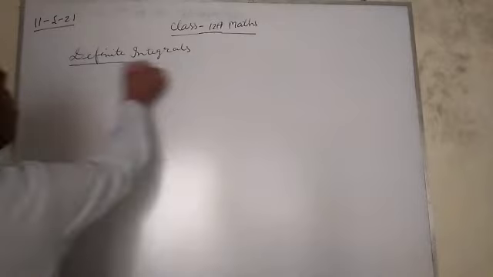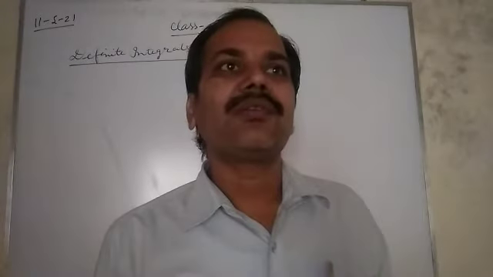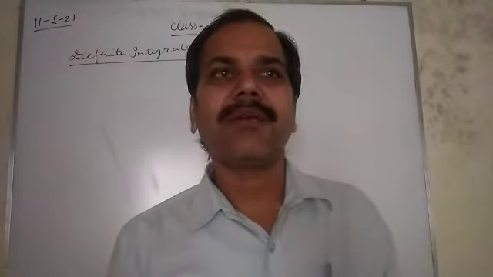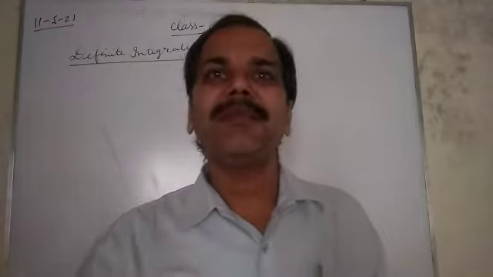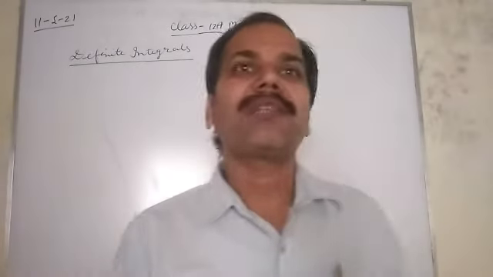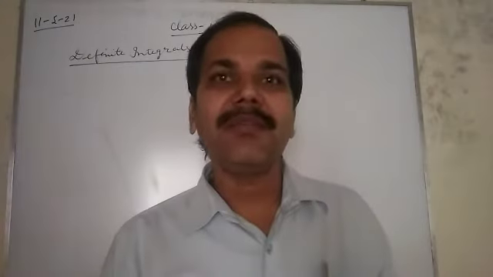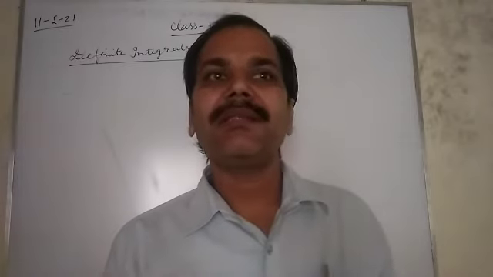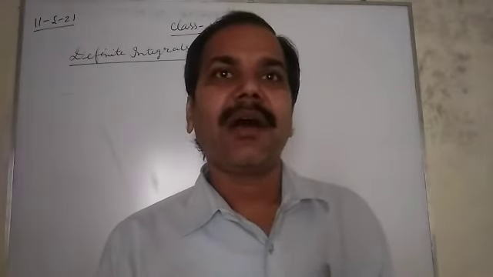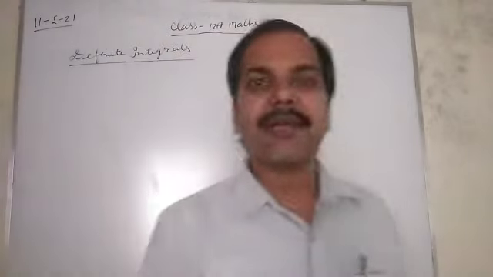In the starting, I told you that integrals are of two types: indefinite integrals and definite integrals. So exercises 7.1 to 7.7 were indefinite integrals. It means if limits are not given, then that integration is called indefinite integral. And if limits are given for the integral, then it is called a definite integral. I discussed the differences at that time, but one more time I will discuss.